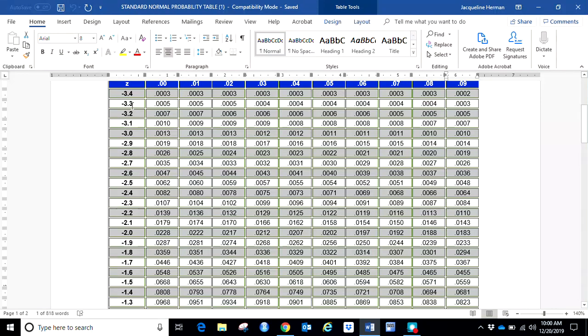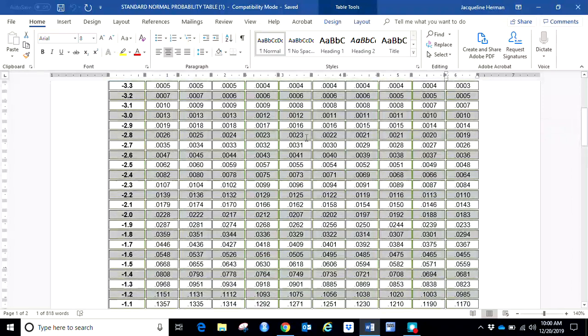I already know my z-score should be negative, so I'm going to be on the negative page. The good news is you're not going to find the correct answer on the positive page. What I like to do is go down this first column until I see a jump in the number I want. So I'm looking for 0.10. I see right here between 0.09 and 0.11 is where 0.10 will fall somewhere between. Then I'm going to work over in these 2 rows until I find the closest thing to our 0.1000 that I can find. And here is the closest thing I found,